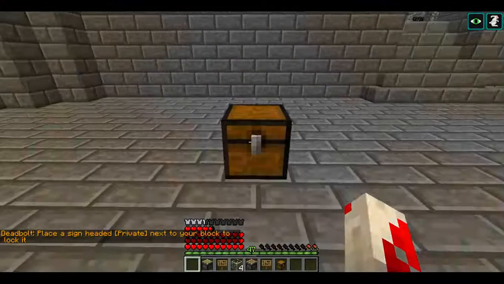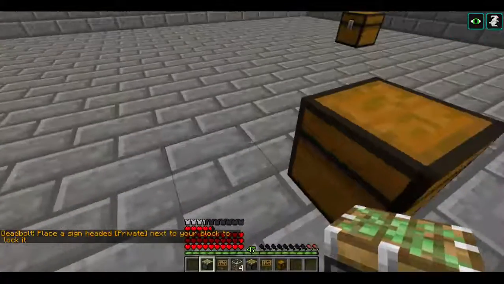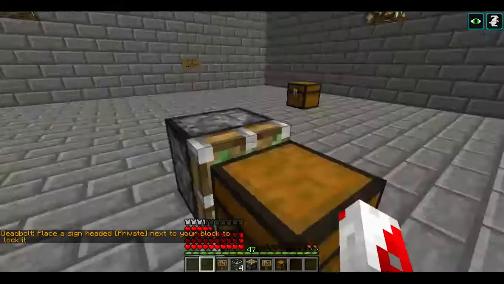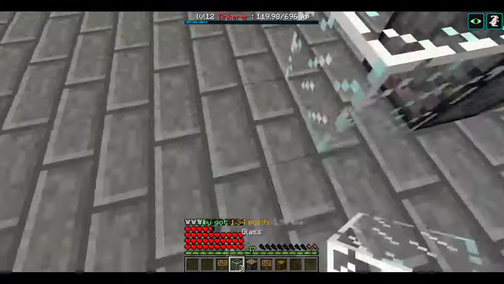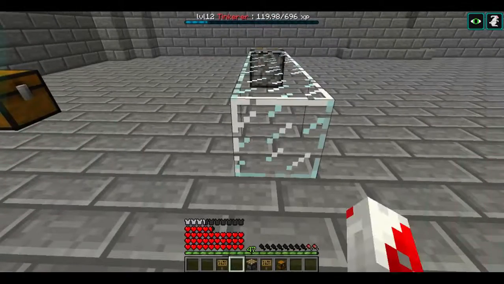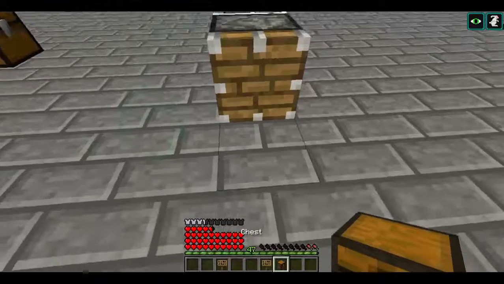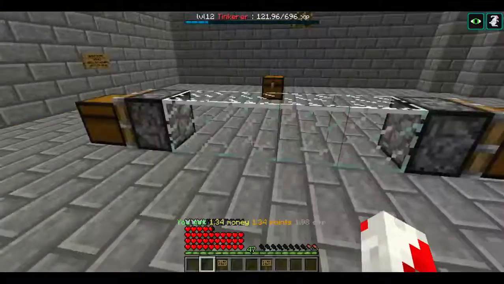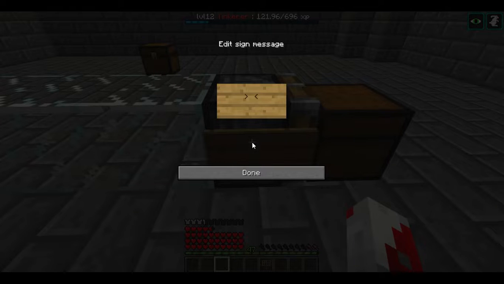We'll go with the first chest. We'll take the sticky piston, which has to be facing the chest, so sticky side to the chest. We're going to put the glass down like this. We're going to put the other piston here, facing the output chest. And then over on the sticky piston, we're going to put a sign that says pipe